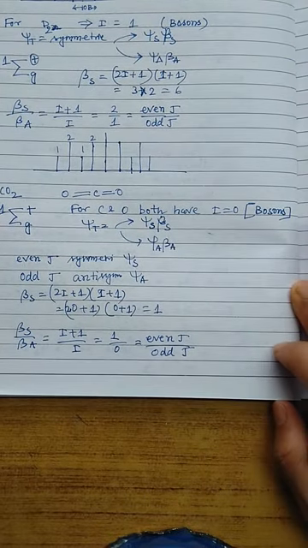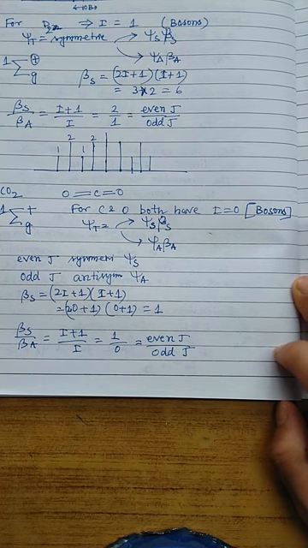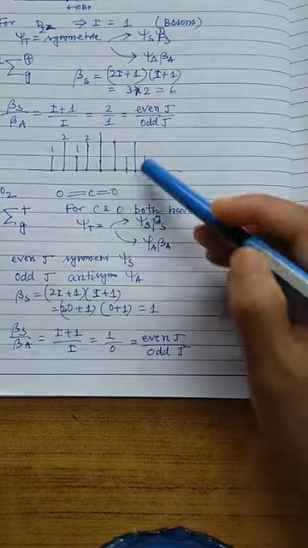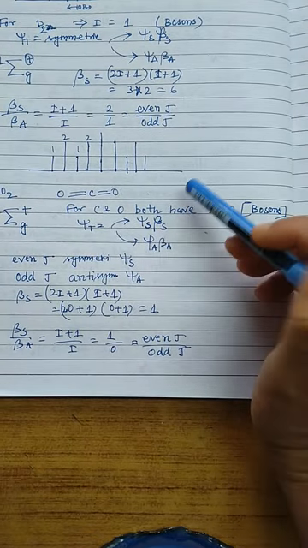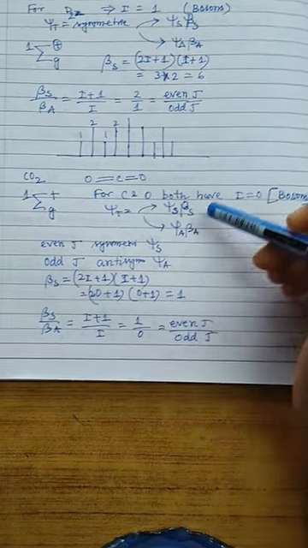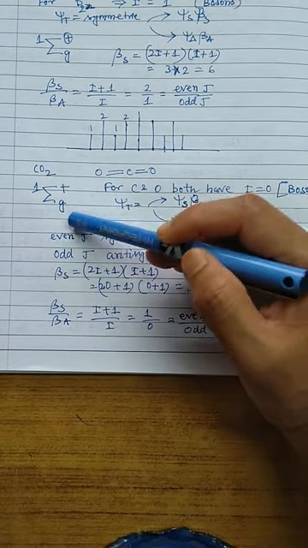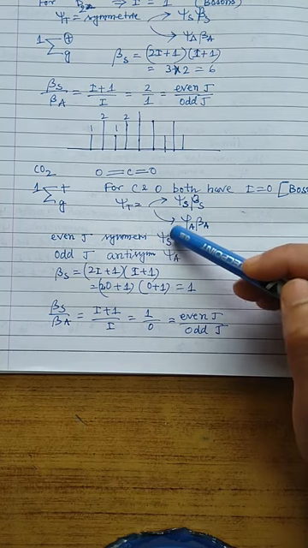So for carbon and oxygen, both have I equal to 0, because carbon is 6 and 12, so both have even mass number and atomic number, and oxygen is also the same. Because of this condition, I equals 0, and we know that I equal to 0 indicates boson type particles, and for boson type particles we know that the psi total is symmetric. So this can be achieved if psi s is multiplied by beta s, or psi a is multiplied by beta a.